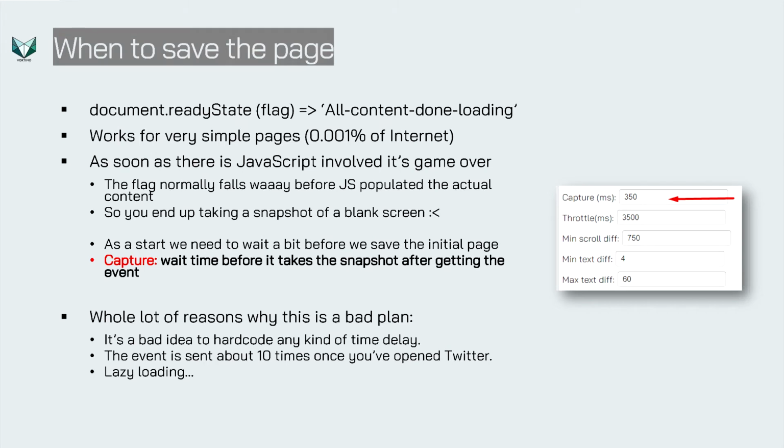You look at the document ready state flag, and when that flag drops, it basically tells us all the content is loaded, the page is now good to go, and then you save the page. And it kind of works, but it works for a very small percentage of the internet. Basically, it works for any kind of static HTML site. But as soon as there's JavaScript involved,